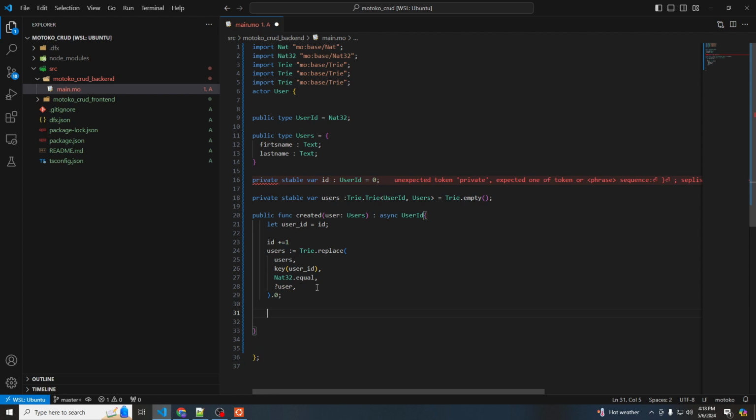After that, we return the user ID. So we will return user ID. So if it is the first user, it will take this one, 0. So the first user will be returned the